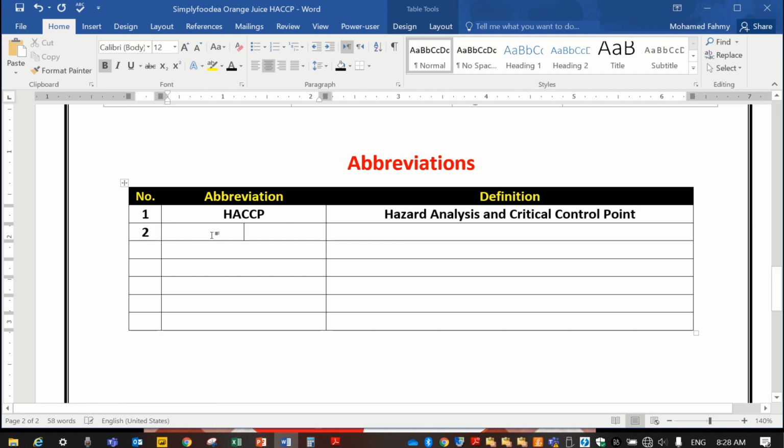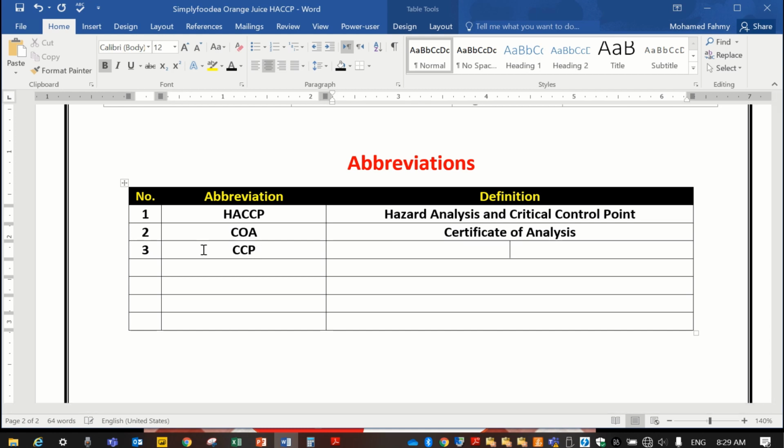Number 2, COA means certificate of analysis. Okay. 3, CCP means critical control point. Number 4,